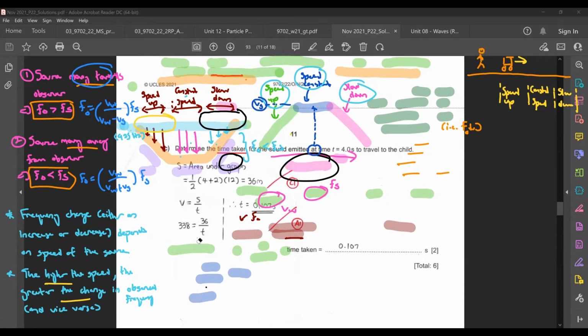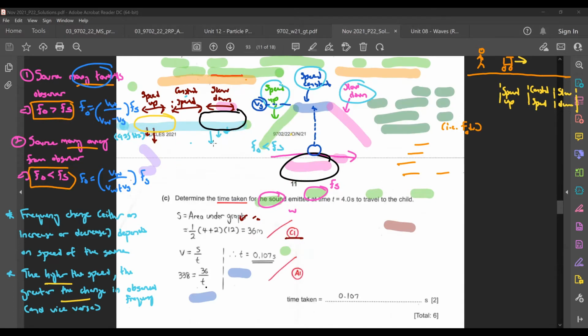This one here is something else. This one, they are asking you for part C, determine the time taken for sound emitted at 4 seconds to travel to the child. Okay. So they want you to find out the time that's taken for sound emitted at t equals 4 seconds to travel back to the child. So what is happening here is this. If you want to visualize what's happening,